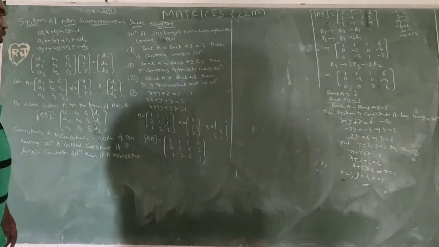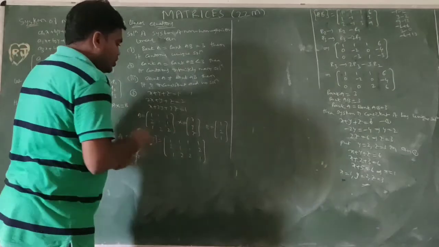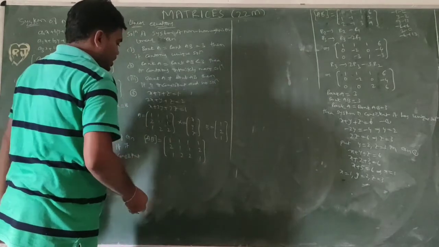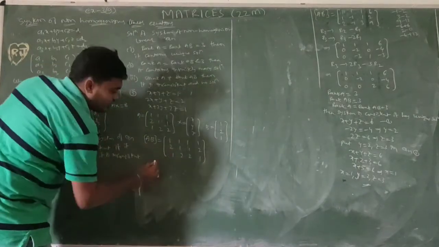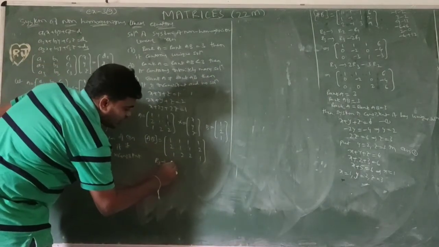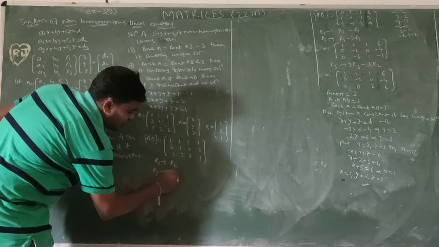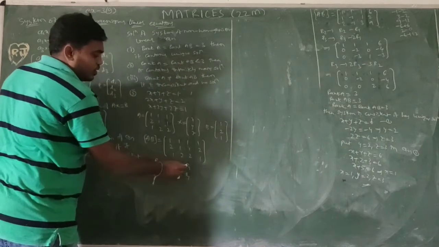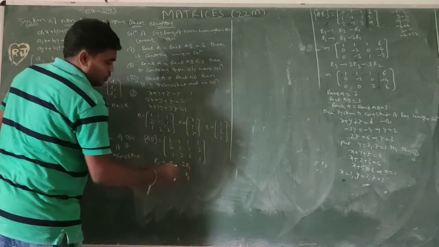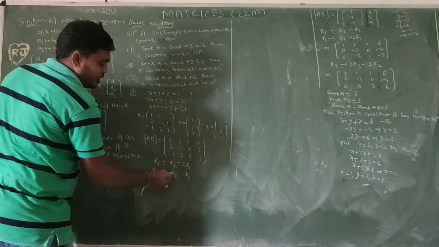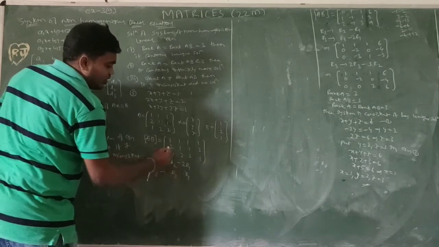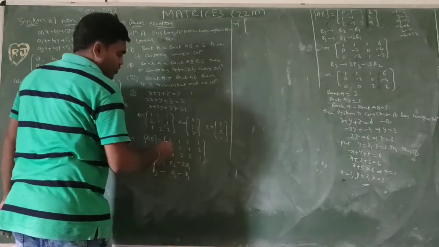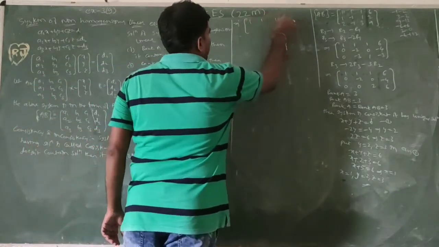Now I want to write the operations. Up to this one is A, altogether this is A B. So these two entries and this one I want to change. R2 changes to R2 and R3 changes to R3, with the help of R1. Since it is 2 and this is 1, the balance 2 has the same sign minus. 1, 1, same sign minus. So the first row is all ones: 1, 1, 1, 1.